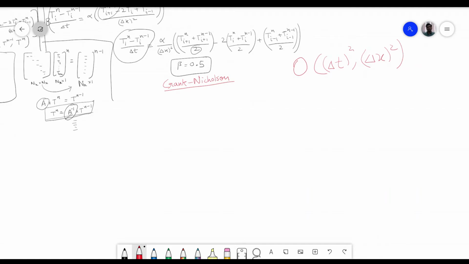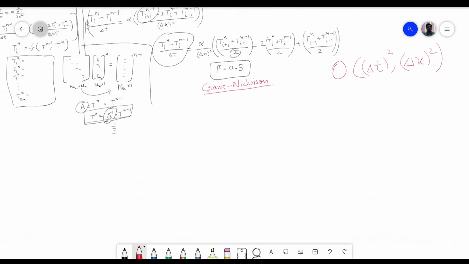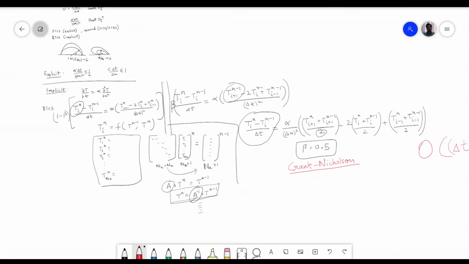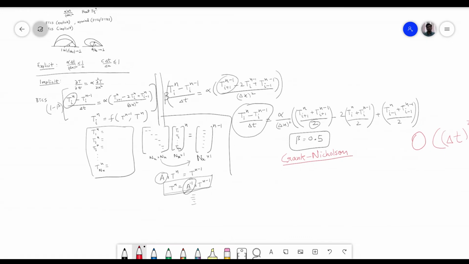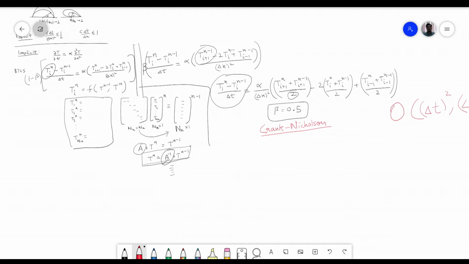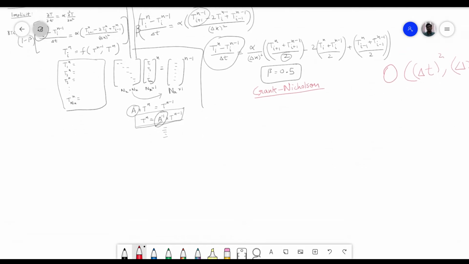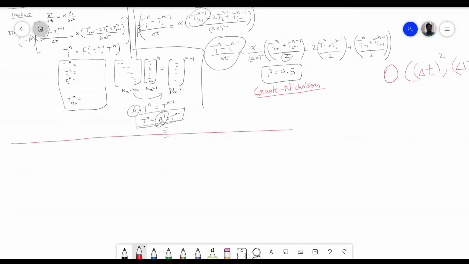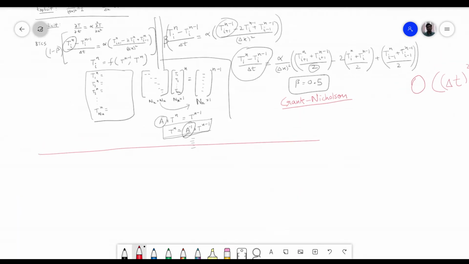and similar to implicit scheme, the Crank-Nicolson also is thought to be unconditionally stable, but actually there are cases when the solution will not blow up like explicit scheme, but you will get oscillations in the solution even in Crank-Nicolson. So only the fully implicit scheme guarantees that there will be no oscillations in the solution, although it can also give you wrong solution sometimes. Okay, but we'll not go into the depth of those things here.